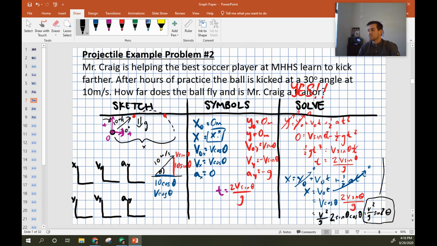So from there, I can just plug in my numbers. My initial velocity was 10, so that's going to be 10 squared over 10. I did that because it was convenient, times sine of 60 degrees. And sine of 60 degrees is the square root of 3 over 2. And then 10 squared over 10 is 10. So this is going to be 10 times the square root of 3 over 2, which I think comes out to 8.6,